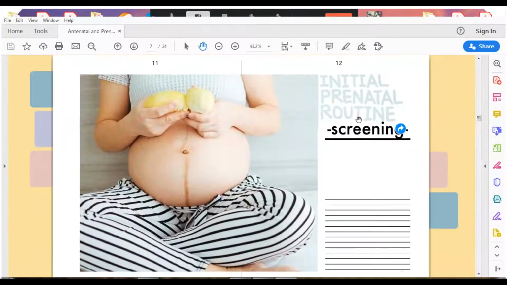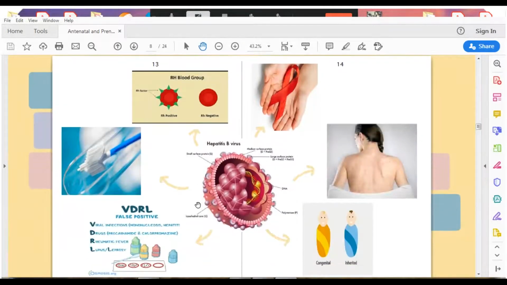Okay, let's continue. Initial prenatal routine screenings. The first thing we should do if she confirms that she's pregnant, the first screening test is her blood. We should check the mom's blood group, if it is O, and if she is Rh negative. We're not sure if the fetus is Rh positive or Rh negative, but just to be safe, we usually give moms that are Rh negative a RhoGAM at the 28th week that binds to the antigens that